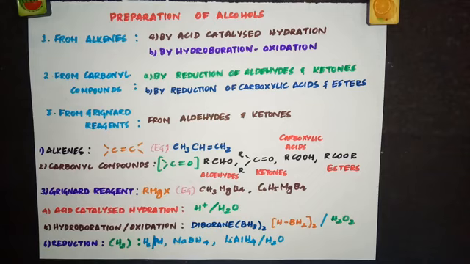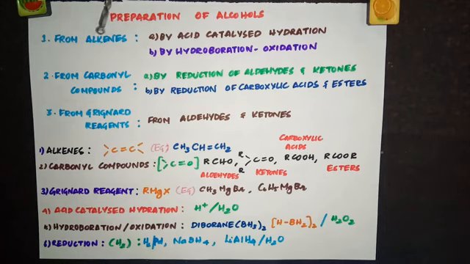As I told you, to be very clear in writing the organic equation, you should know the structures of the compounds that we are using as starting materials, and at the same time you should know the name of the reactions and what are the reagents that we will be using. So you should know each word and their definition. First let's start from alkenes.